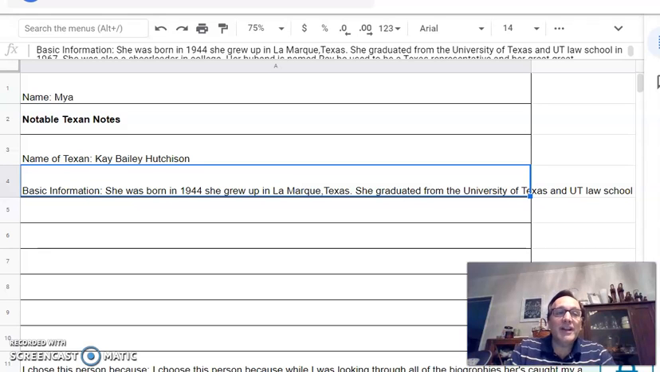Okay, we're going to have some tips on Google Sheets today for our notable Texan project. Let me just tell you, I am super excited about this project. It's going to be so cool to see all the presentations. I can't wait. Some of you picked some really neat people, and I know we're all going to learn a lot about some of our notable Texans that have helped shape the state of Texas to be what it is